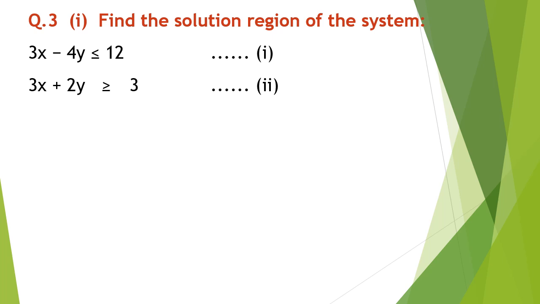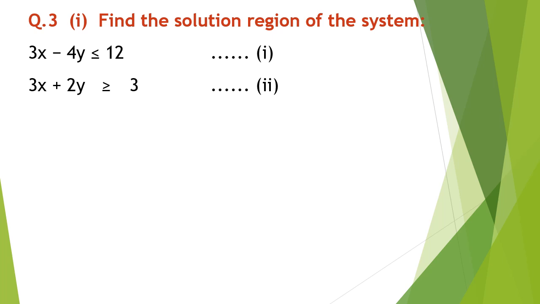Here, students, we are given a set of inequalities, that is 3x minus 4y is less than or equal to 12 and 3x plus 2y greater than or equal to 3. To find the common region between these two inequalities, the first step is to find the associated equations related to these inequalities. Students, the method of finding the associated equation is this, that we will simply replace our inequality sign with